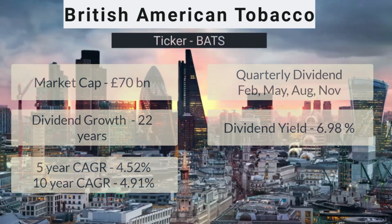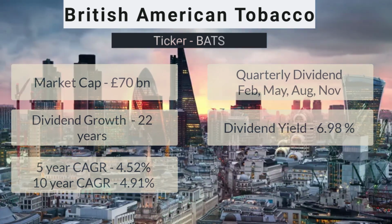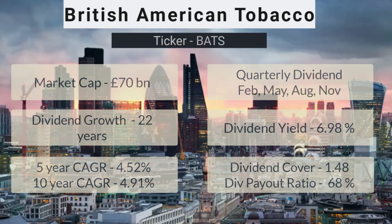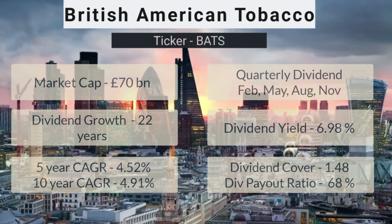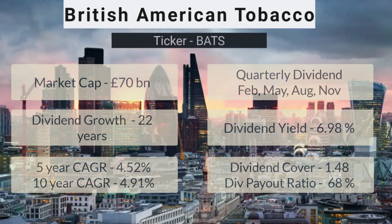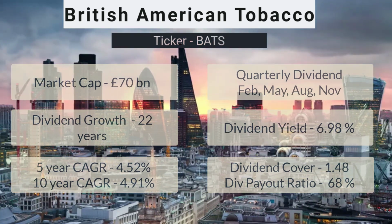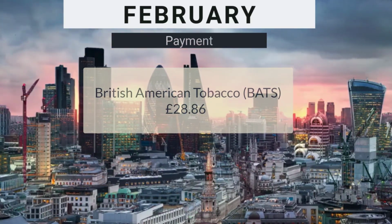This is starting to get to the top end of where I look at different products, and this is one that I've recently taken on as it hit the 6.75% dividend yield. I thought that was a good value buy for me. Dividend cover is around that 1.5 mark that I like, at 1.48, and a 68% dividend payout ratio. All in all, a reasonably good stock to have within our dividend portfolio, and would be paying out in February